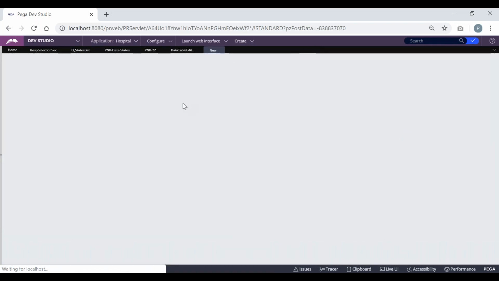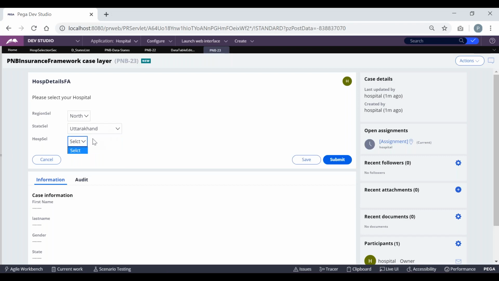So let me run the case and show you. So Uttarakhand has no hospitals.